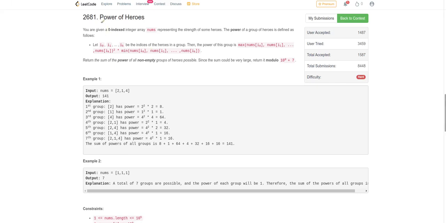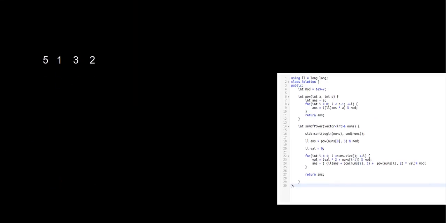Hi, this is Leetcode question, Power of Heroes. This is the last question of Biweekly contest number 104. Now, to solve this question, let's take this example